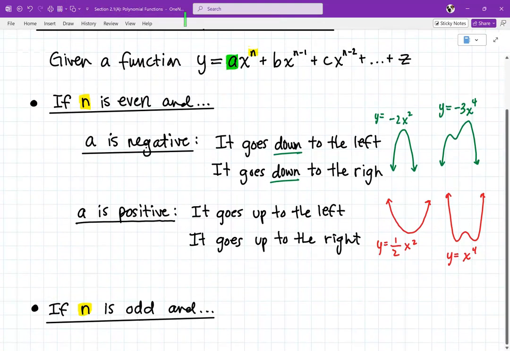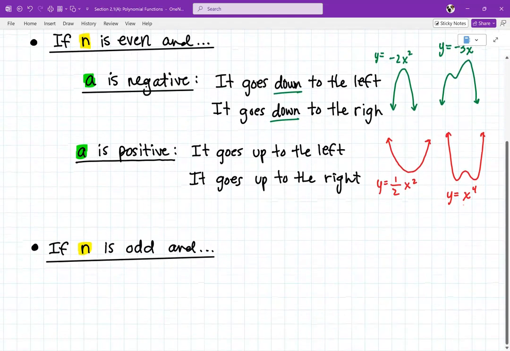So this one asks what happens if my highest power is a power of 3, 5, 7, even a power of 1, but we don't normally do the 1. But 3, 5, 7, 9, 11, 13, 15, etc. Odd leading power. The degree is an odd power. So if n is odd